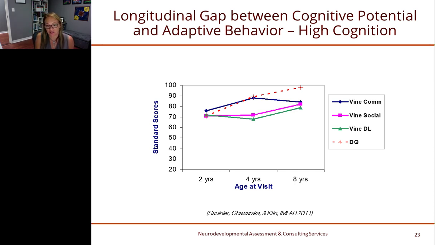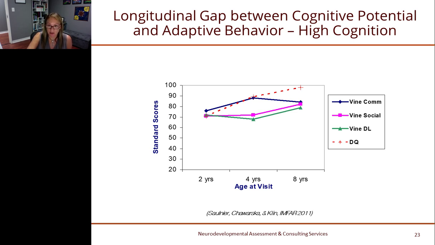So we wanted to look at this longitudinally. At Yale, there was a study led by Katarzyna Chawarska and Ami Klin, where we did an initial diagnosis on toddlers at age 2, followed them up again at age 4, and then again at age 8. This graph that you're seeing is the children at age 8 who had no cognitive impairment at age 8. But you can see at age 2, their proxy, their developmental quotient by the Mullen scales was actually delayed. So they did have developmental delays at 2, but then by 4, they started to remediate those delays. And by age 8, their cognition was solidly average.